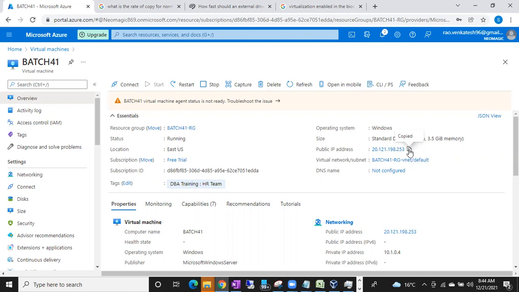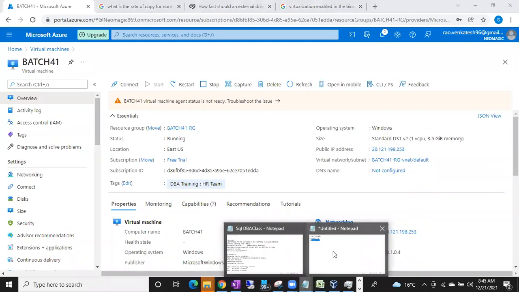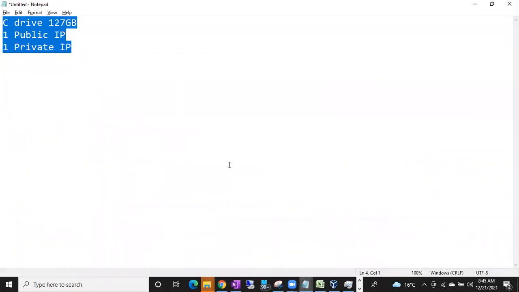Okay, how we are going to connect to the servers, what is the way we are going to connect to the servers, everything I'll explain tomorrow with the diagrams, nothing to worry. As of now, I'm connecting to this Azure VM using one tool. The tool name is remote desktop, RDP or RDC, remote desktop protocol, remote desktop connection.